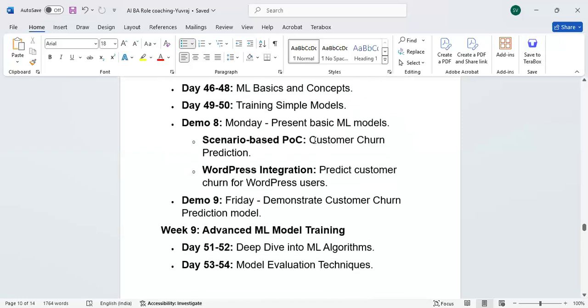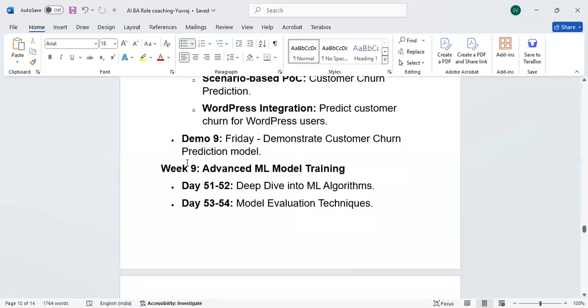Here is an example I have written here: customer churn prediction. It can be any industry. Customers will go here and there. For example, churn happens for telephone subscriptions and internet subscriptions. Four months back, you might have seen Airtel was attracting a lot of people compared with Jio, because Jio hiked the rates. At that time, customer churn predictions were happening to retain the customers. So their ML models are used to predict it.